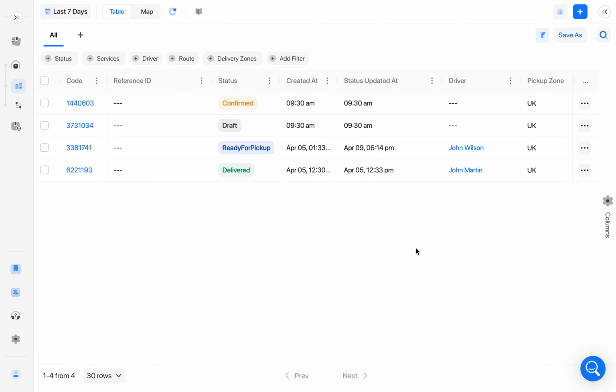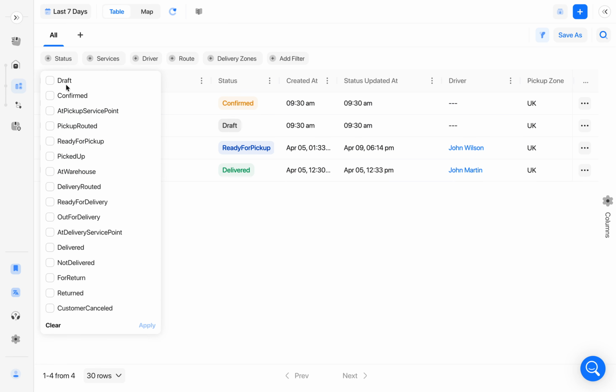Let's see how the view feature works. So this is the table of orders, and we have default filters and default columns, and I can change some filters and apply some filters. So let's say statuses,